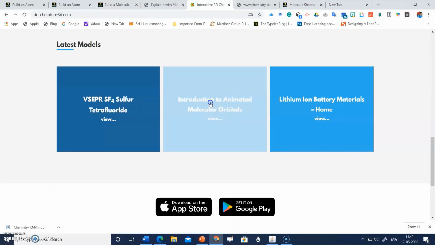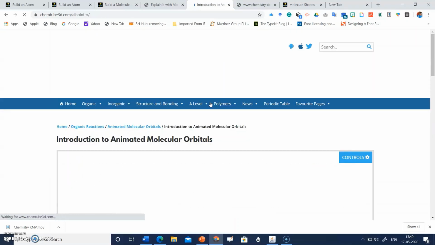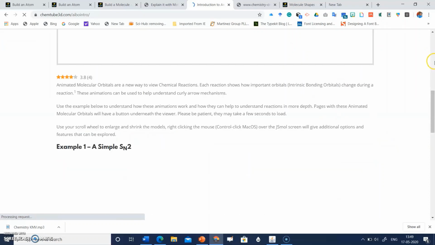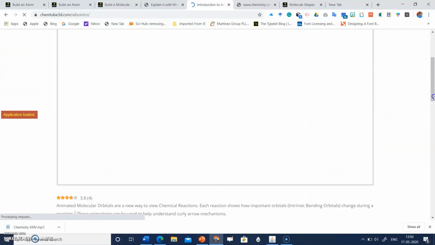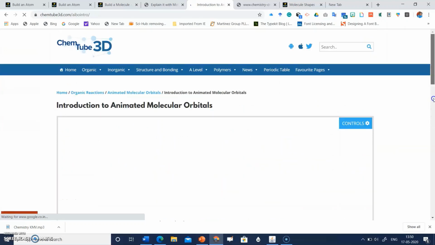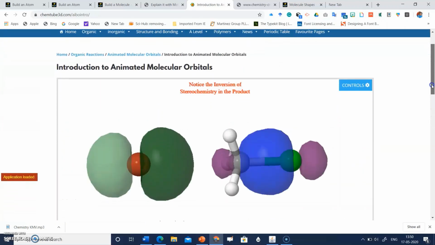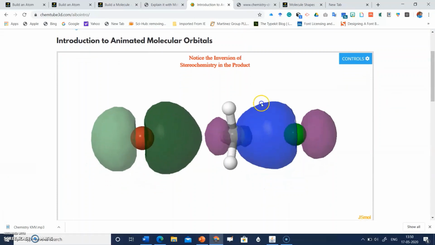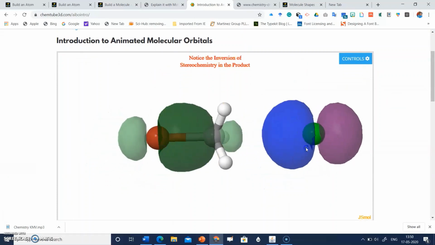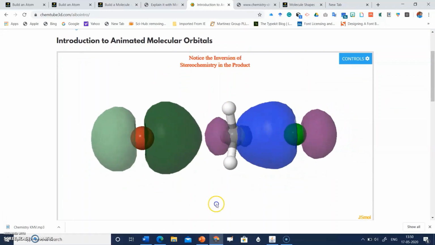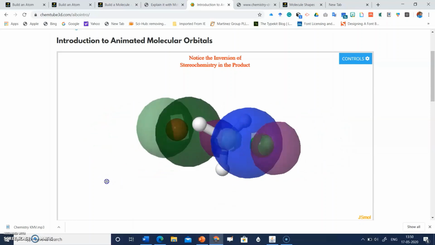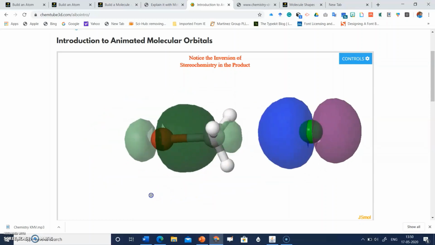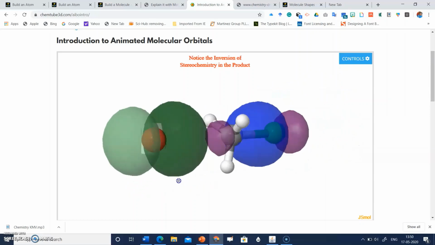It will take some time because of internet issues. Sorry, some technical problems. So, introduction to animated molecular orbitals. See, this is the animated molecular orbitals. They can just click and drag, right?